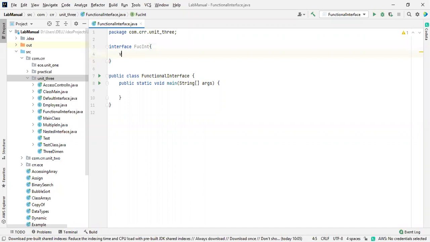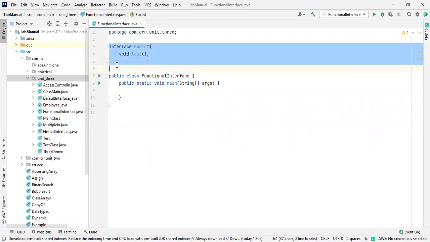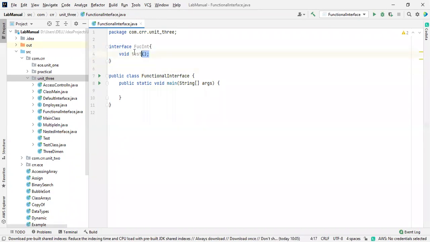So void test, this is an abstract method I declared inside an interface. There is no implementation. The main point of a functional interface is that it has only one abstract method. No other abstract methods are available. If it consists of only one abstract method, then a functional interface is possible.